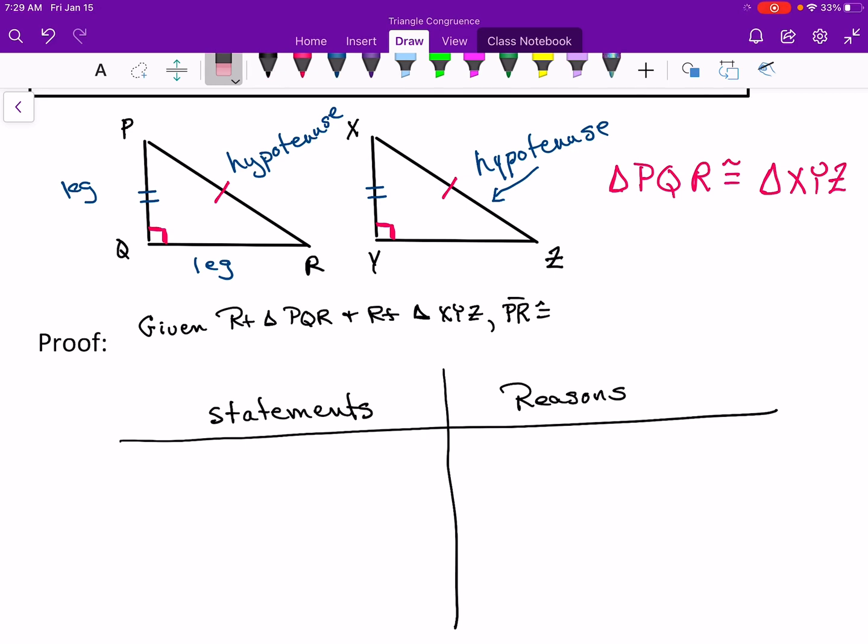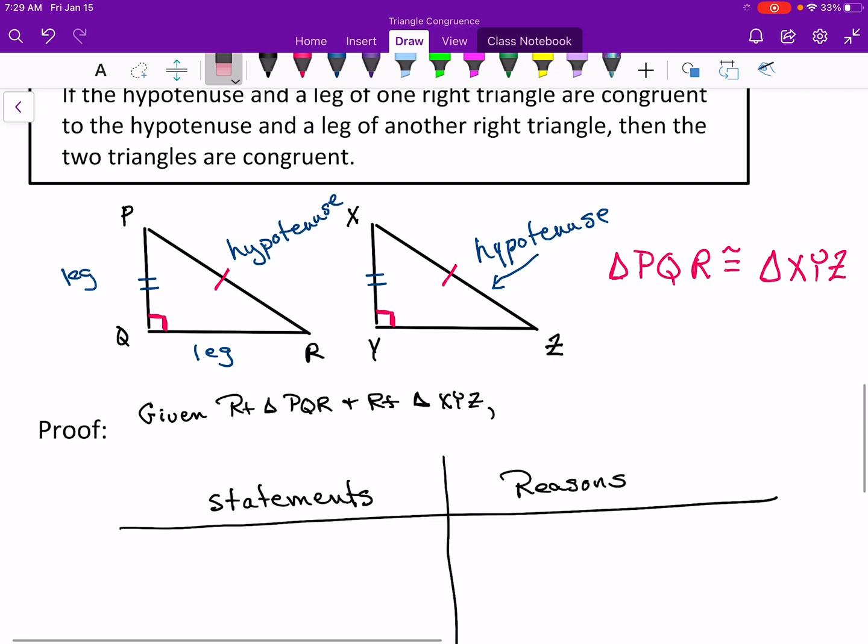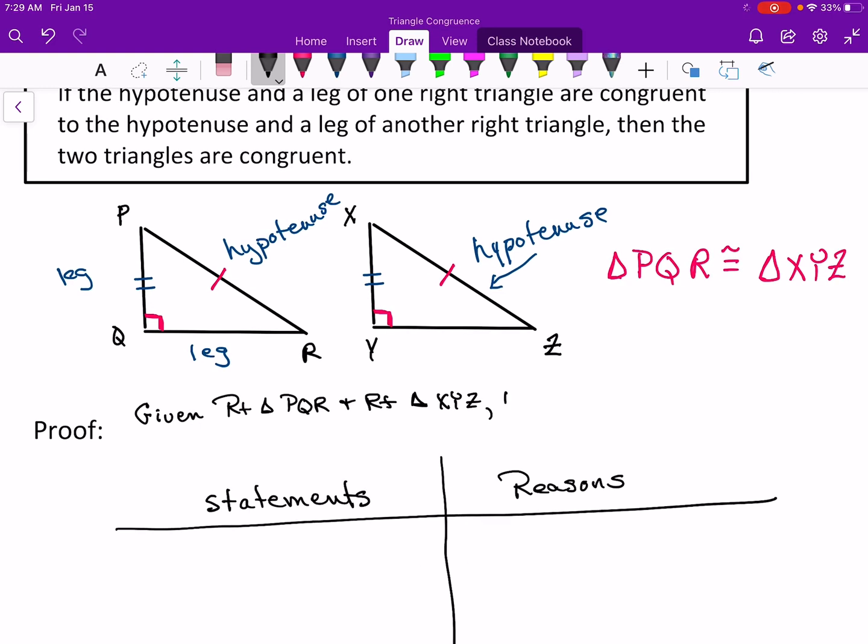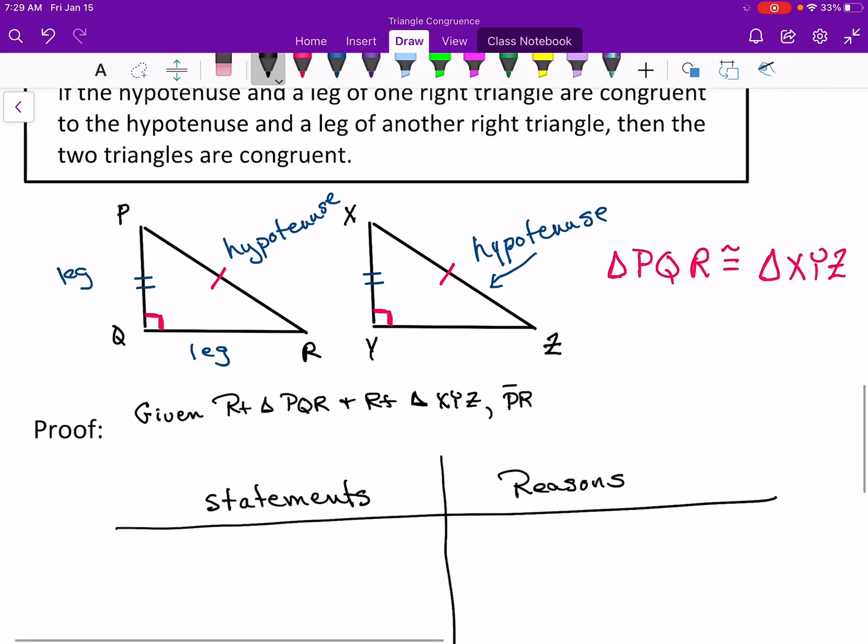Hold on. Oh, yes we do. We also know that the hypotenuse, because that's part of our hypothesis. Let me say it again. Sorry about that. We know that PR is congruent to XZ,